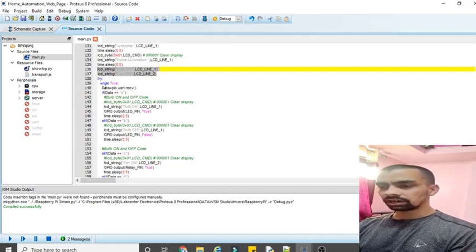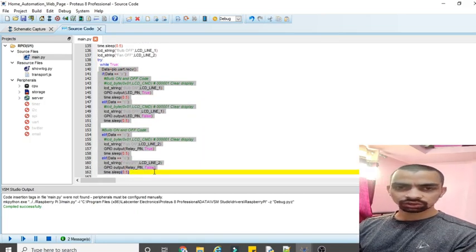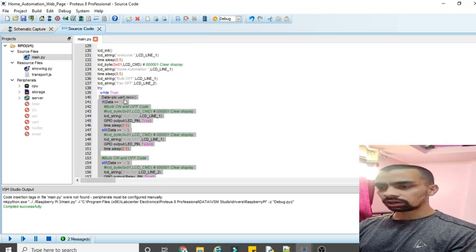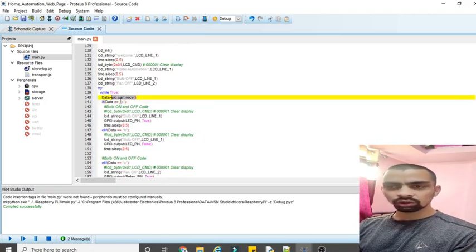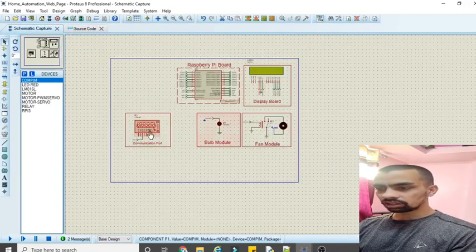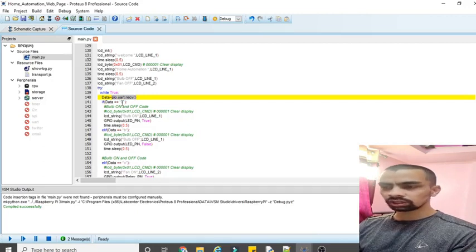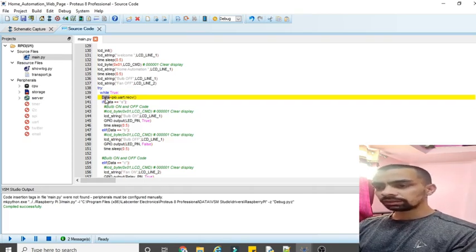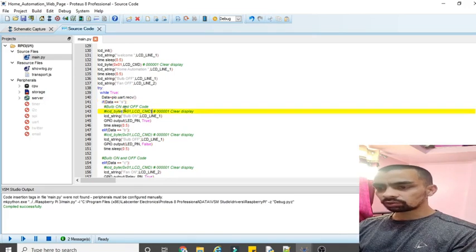Now the next part is while true. While true is nothing but whatever code is inside this while true will execute an infinite number of times. So data = pi.eword.receive is a function which is used to take whatever data is present on the serial port. Once the data is present on the serial port, that data is received by this function, and we have to store that data in one variable. So data is nothing but the variable which stores the data received from the serial port. If the data sent by the Python program, that is the web page program, is A, if the data is equal to A, it means we have to turn on the bulb.